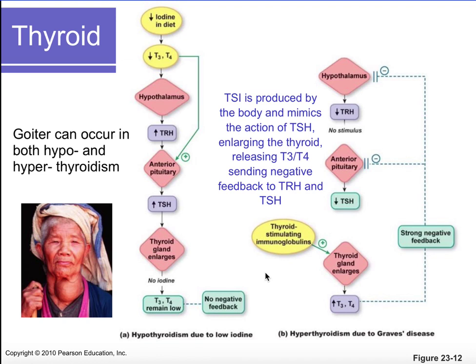So let's look at some issues that can arise. Remember, we need iodine in our diet to make thyroid hormone. So if we have a dietary deficiency of iodine, then our T3 and T4 levels are going to be low, which essentially means our body will sense that thyroid hormone levels are low, so the hypothalamus will stimulate the release of TRH, which should stimulate the anterior pituitary to release TSH, which should stimulate the thyroid gland to release thyroid hormone. But this step is compromised because it doesn't have the substrates to make thyroid hormone. So T3 and T4 remain low, which means there's no negative feedback.